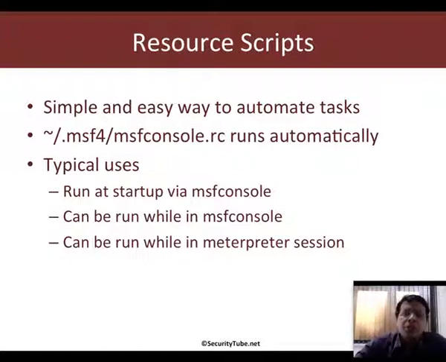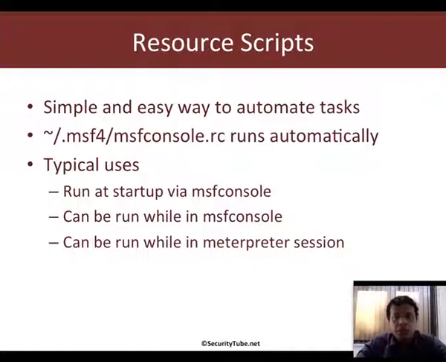Now, resource scripts or .rc scripts in Metasploit are an extremely easy way to automate tasks. These resource scripts can be run at startup when you run things like MSF console, can be run while in MSF console, and also when you're in Meterpreter mode actually doing post exploitation on the victim.